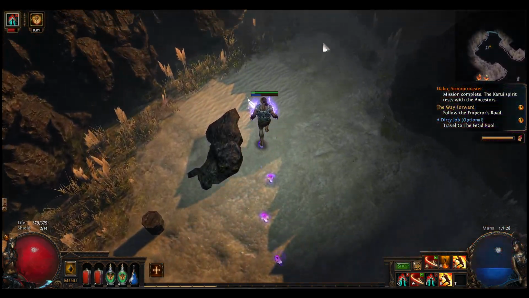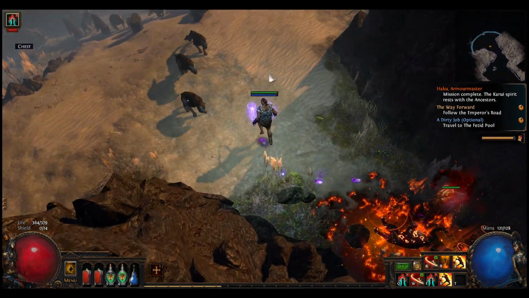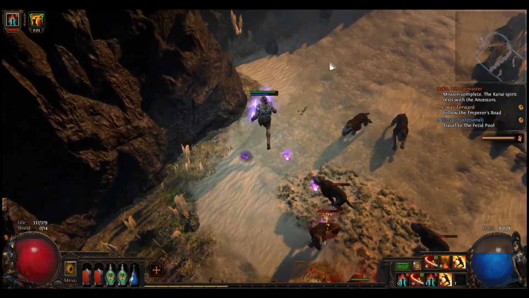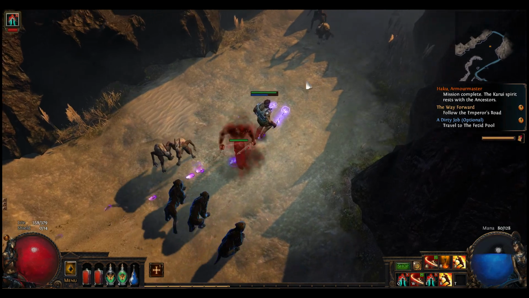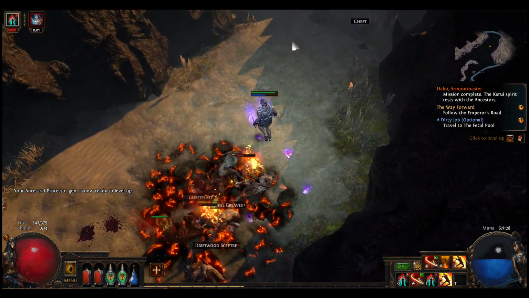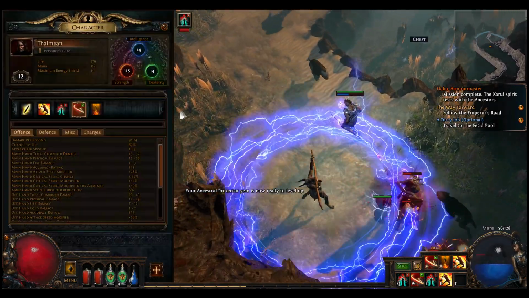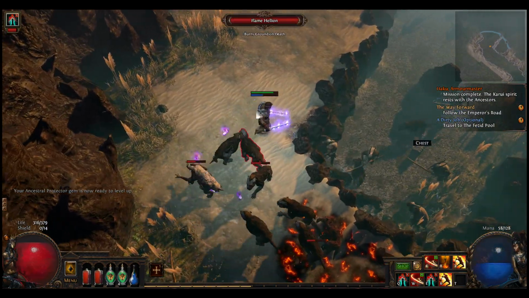Yeah, I feel like Ancestral Protector's doing a little punchier now. Okay. Yeah, I definitely feel like I'm putting a little bit more of a hurt on things. Not a ton. I mean, you know, it's what, level 12? Level 11? Yeah, level 12. Let's not get overexcited, but...